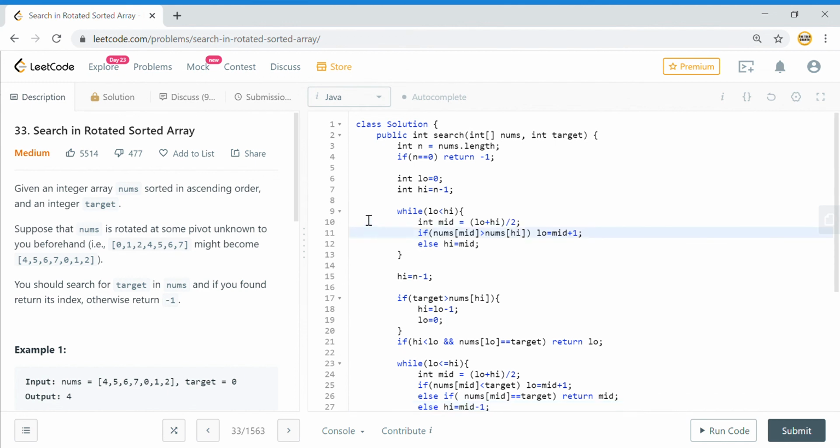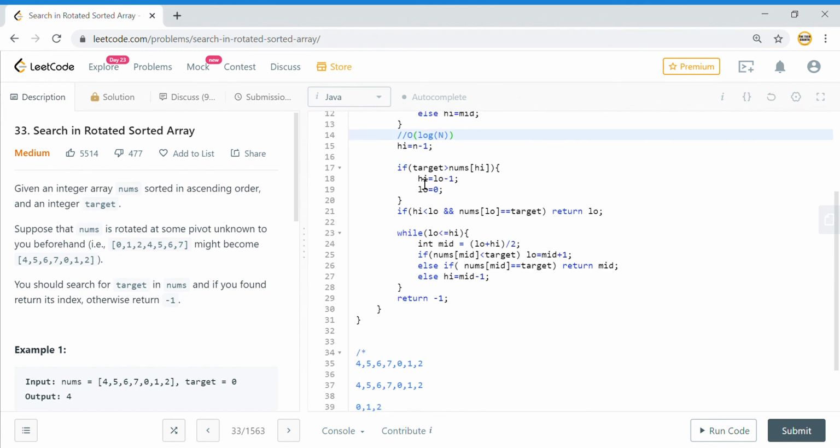So if you see the time complexity of this, this will have a time complexity of order of log n, and even this while loop will also have a time complexity of order of log n.